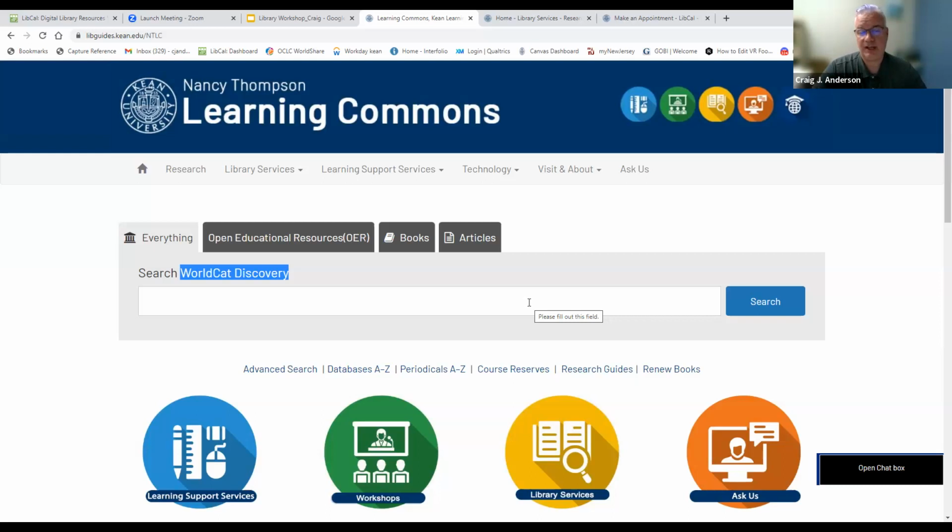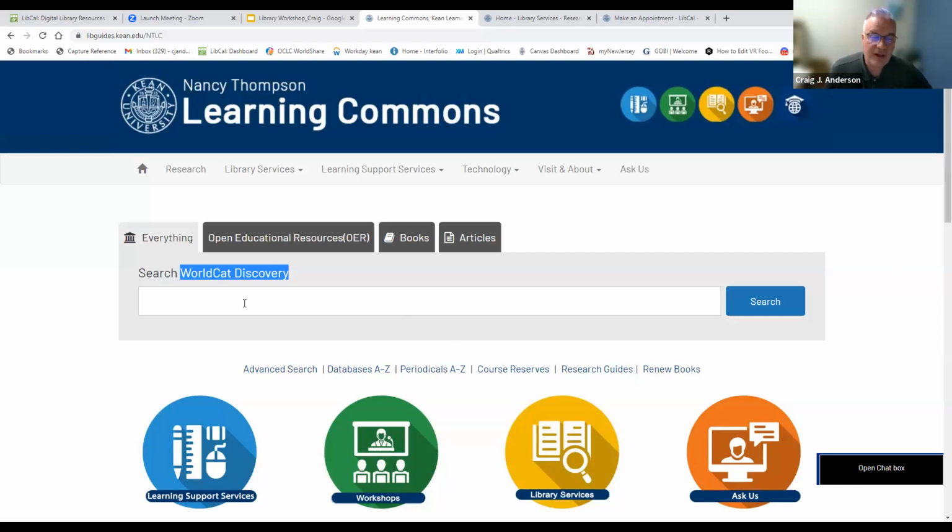When you do a search through WorldCat Discovery, the books and other items that Kean has access to will come up kind of front and center. They'll always be the first of all the responses. But especially if you're looking for something very specific, you can expand your search to include other libraries as well. And it really is a world catalog. It will tell you if that book is available in any library anywhere in the world. Sometimes if you're looking for a really, really rare book, it'll come up with some faraway countries that have this book. It's pretty interesting.